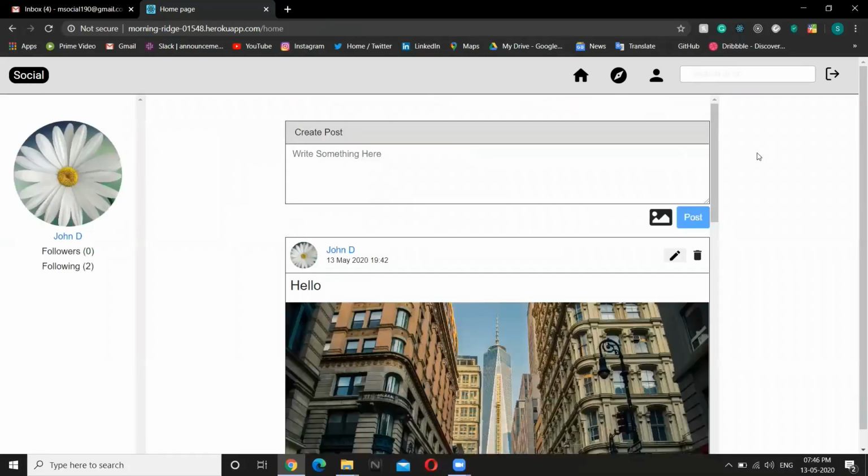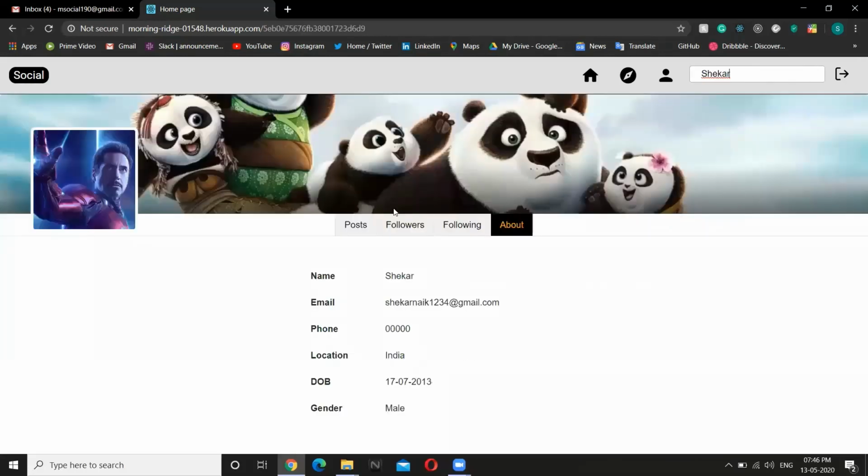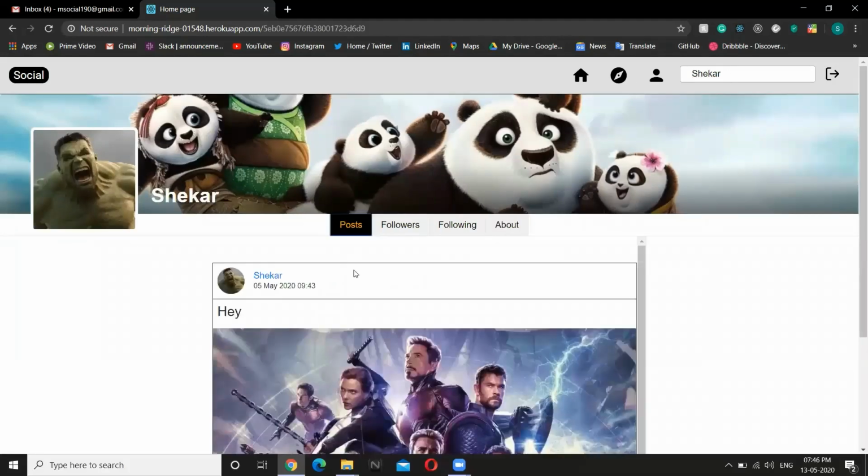And if we want to search for a particular user, we can search from here. Like root, it will show the suggestion automatically. By clicking on their name, we can go to their profile and see their posts, the posts which are posted by this particular user.